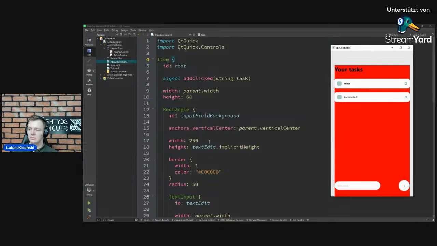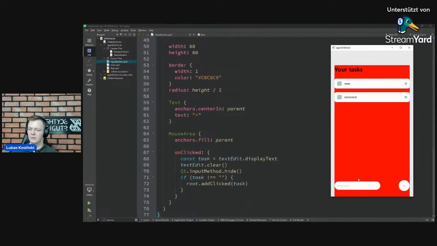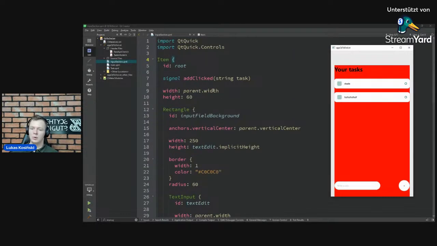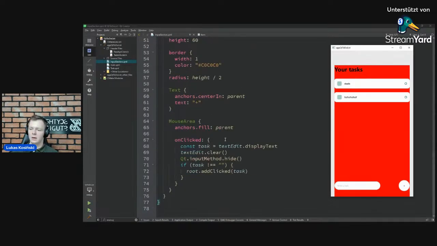Here you can see that I have some other items. I have this input field. I have this plus button, and there is a concept of signals and slots present on Qt's C++ side. It's also present in QML. So that means that I can define my own signal. I called it add_click, and from my mouse area, which is put above this button, I can call this signal with the parameter that I took from this text edit.